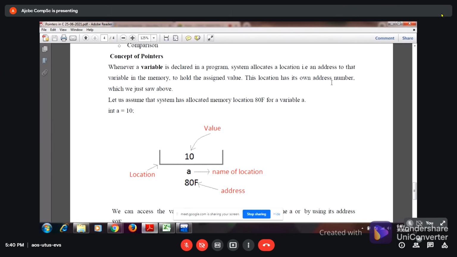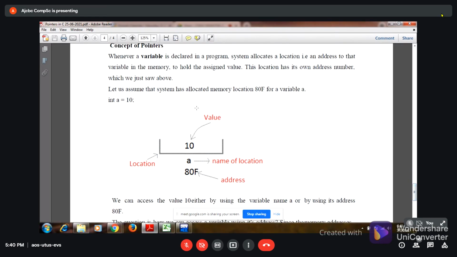This location has its own address number, which we saw above. Let us assume the system has allocated memory address ATF. So the address is ATF for a variable A, and the value of the variable A is 10.